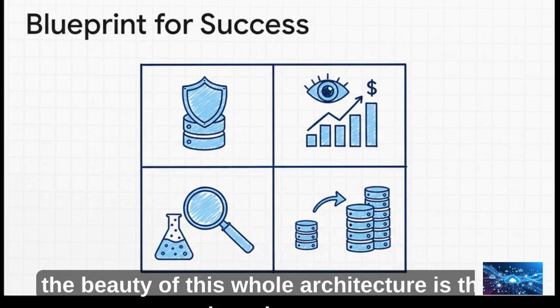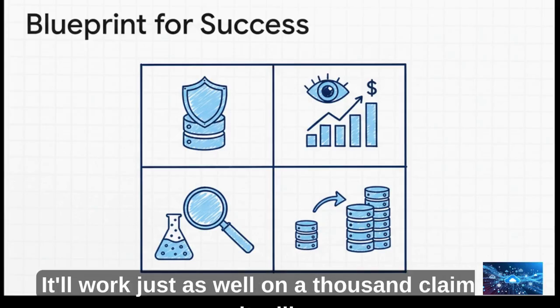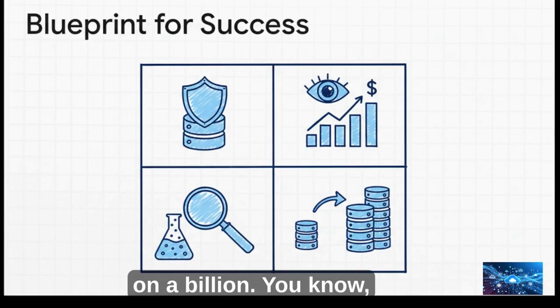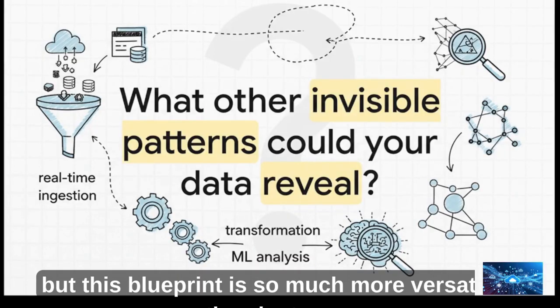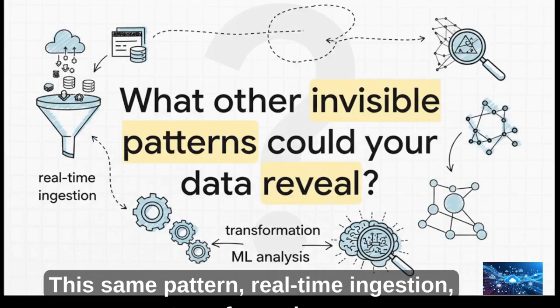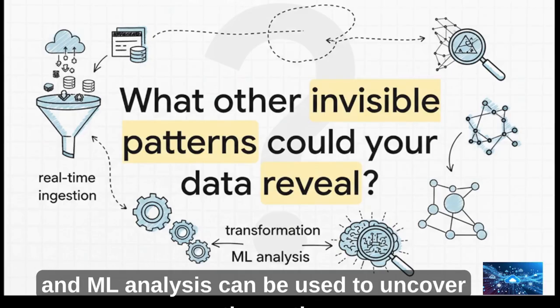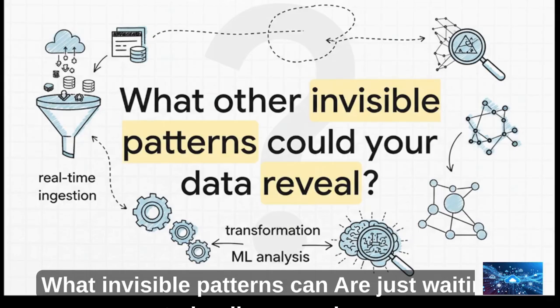And finally, the beauty of this whole architecture is that it scales effortlessly. It'll work just as well on 1,000 claims as it will on 1,000,000,000. We've focused entirely on catching insurance fraud today, but this blueprint is so much more versatile than just that. This same pattern, real-time ingestion, transformation, and ML analysis, can be used to uncover countless other hidden insights. So the real question I want to leave you with is this: what invisible patterns are just waiting to be discovered in your